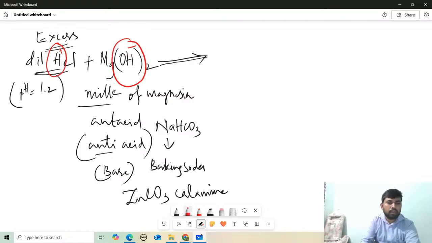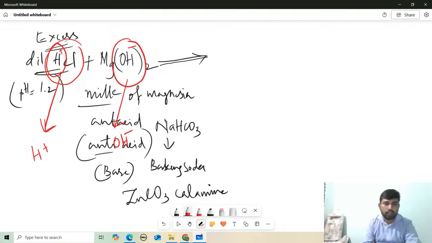And you tell me, let me clarify this. HCl is going to show its acidic property because of what? Because of its H plus ion. Until and unless it has H plus ion, there is no acidic behavior. Similarly, until and unless there is OH minus ion, this milk of magnesia will show the basic property. Now these two will undergo neutralization: H plus from the acid,